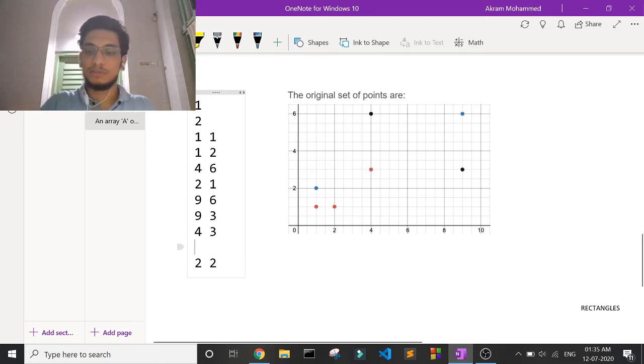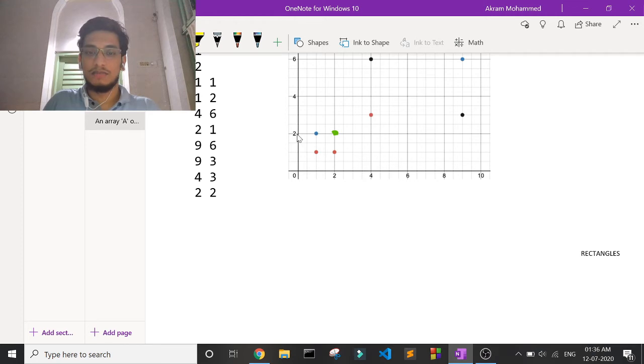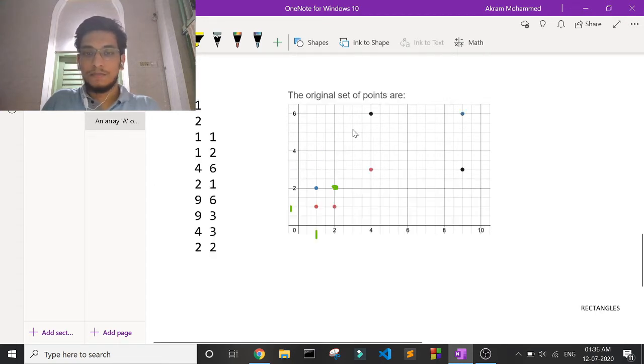Now for a second, let's say that this point is already with us. Let's say we have this point, so I'm going to draw that with a green dot right here. So what observation can you make? Okay, let's look at this rectangle. We have a y of 2, and we have 2 points which have a y of 2, and similarly for the x-axis, this is 1. So we have 2 points which are 1, and also on the y-axis we have 2 points which are 1, and the same thing for this rectangle. So we have 6, and we have 2 points which have a y of 6, and similarly this 3. So we have 2 points which have a y of 3.